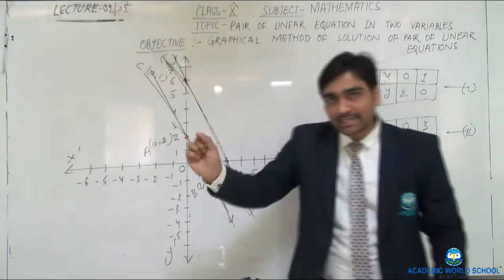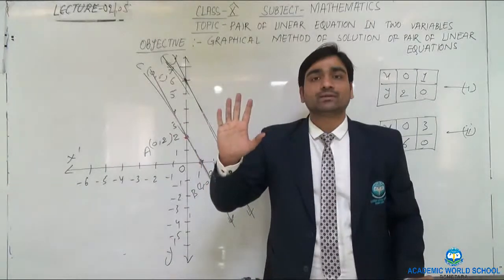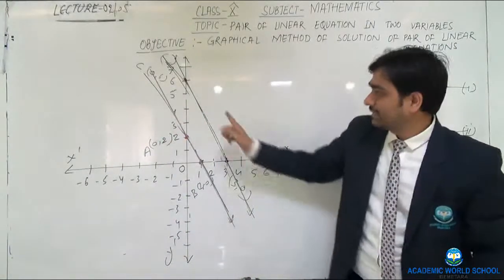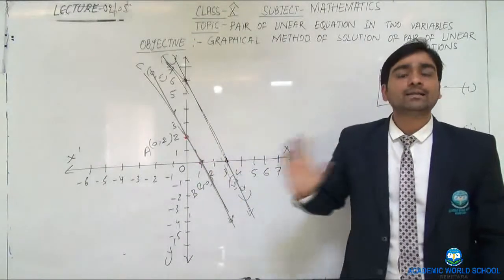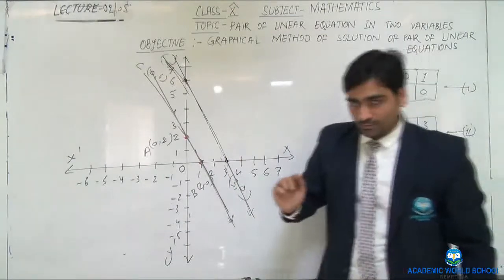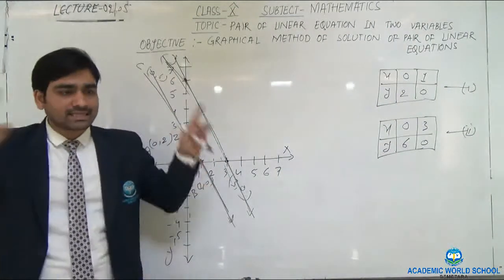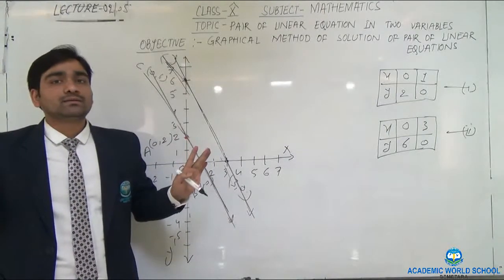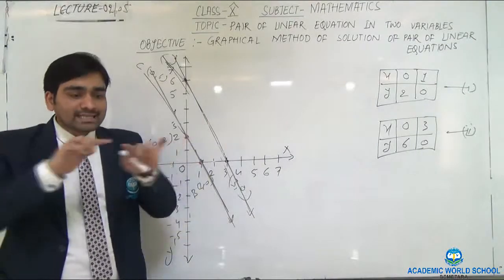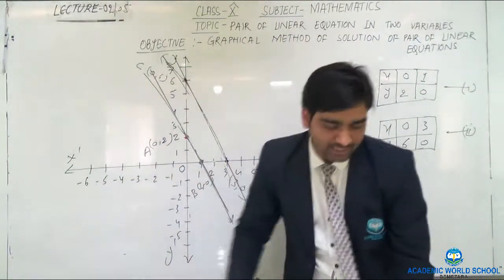Okay, so the first condition, in my first lecture you have seen that both lines are intersecting. That means both lines intersect at a point. Now we have seen both lines are parallel. Now two conditions we have seen. First is intersecting lines, second is parallel lines. Next we will see one more, where lines are coincident. Okay, one more example I am taking, then I will explain.